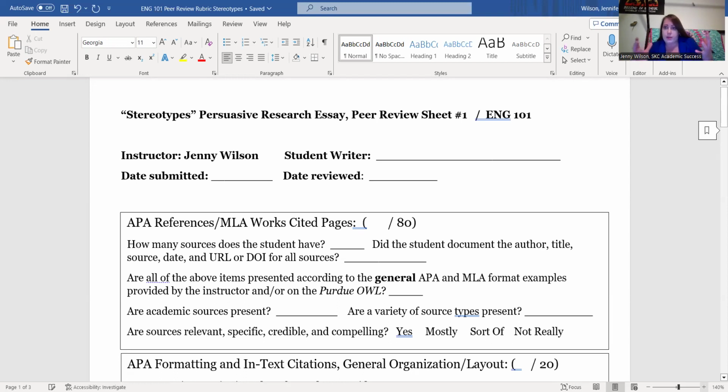And even within those categories, is it a high A? Is it a low A? Is it a high B? Is it a low B? Would you grade this and post an 82 or an 86 or an 89? And you'll get some variance, right? You'll get some variance within instructors.